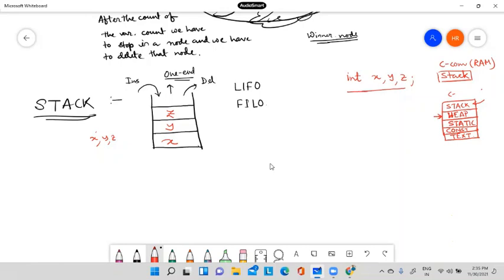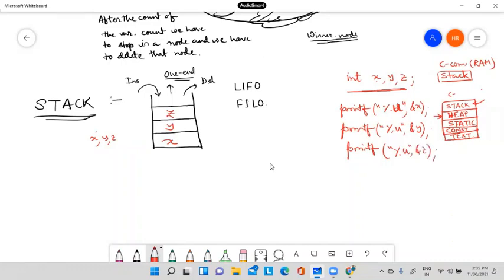So suppose I initialize three different variables x, y, z, and print their addresses. To print the address we use %u with ampersand x, then %u ampersand y, then printf %u ampersand z.